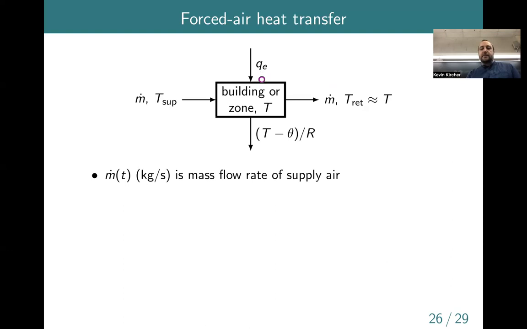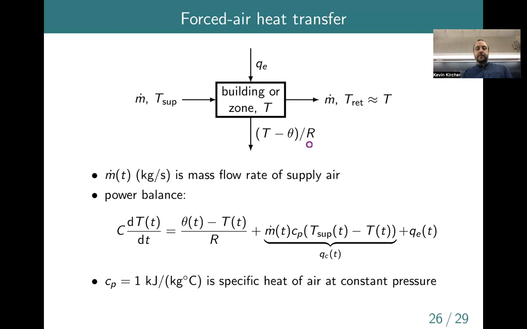And then you have heat supply coming in, RC type model. This would be the solar heat and the body heat and stuff like that. And then you have conductive losses basically going out through the building envelope, so this is our delta T divided by R term. So if we do a first law energy balance on this system, the inputs are going to be equal to the outputs, basically, up to maybe changing the temperature of the indoor space, and that's what shows up on the left-hand side here. So this looks like our 1R, 1C thermal circuit model,